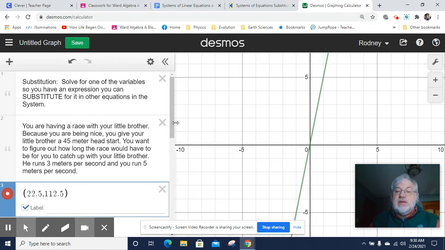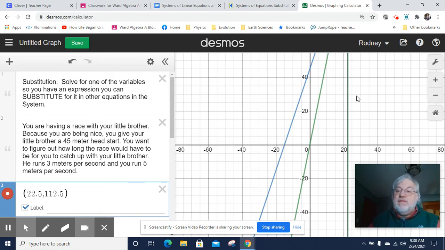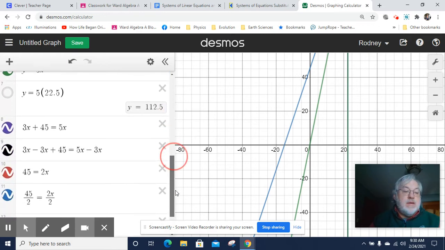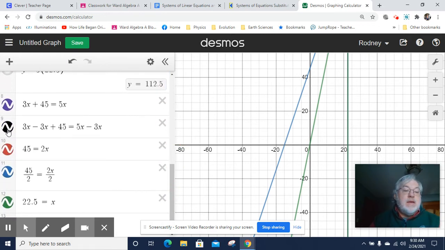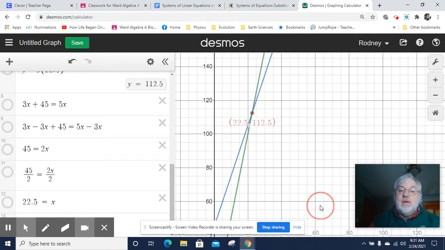I'm going to shrinky dink this over here and let's take a look at our graph. I'm going to actually make this disappear and this disappear, and these stop graphing because they're all just graphing that vertical line. What I want to see is the intersection point. So here we go. There's our intersection point at 22.5,